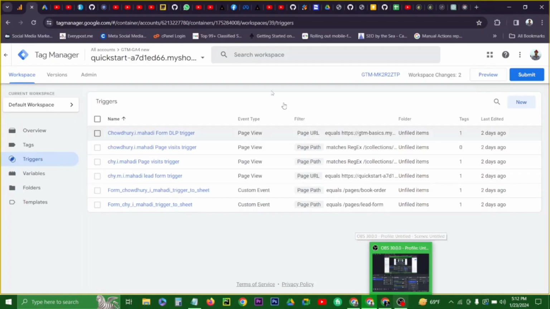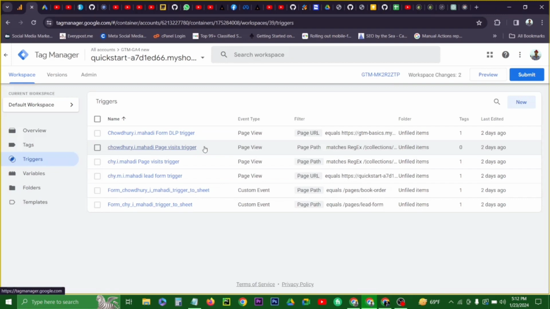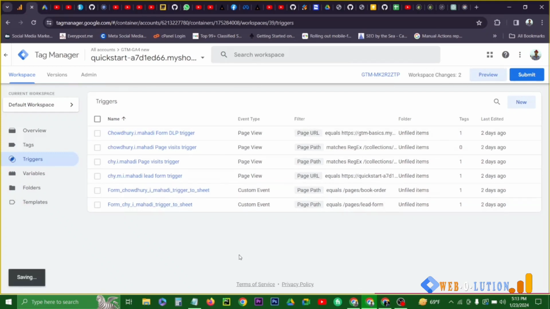Hi and welcome. In this video, I'm going to demonstrate how we can use element visibility trigger for different pages. For example, we have 3 to 4 pages where we want to fire an event based on the visibility of that page, not by using the page URL. So, for example, if we preview this page,